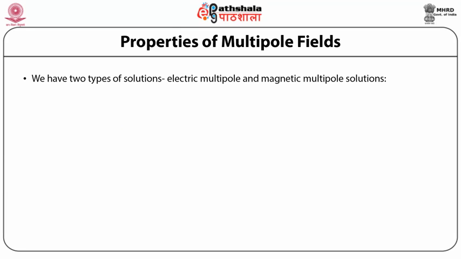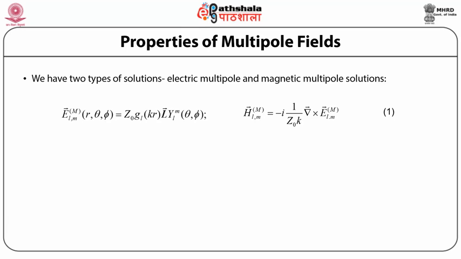We have two types of solutions, electric multipole and magnetic multipole solutions, that is E_LM(r, theta, phi) is equal to Z0 g_L(kr) L vector Y_LM(theta, phi), and